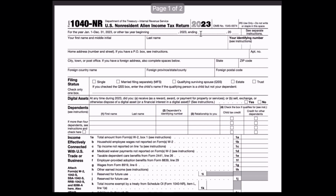Make sure it's for the year 2023. Start by putting your first name and middle initial and your last name, your social security number right here, and your home address. You don't have to fill anything in this, so you can leave it blank, and your filing status as per